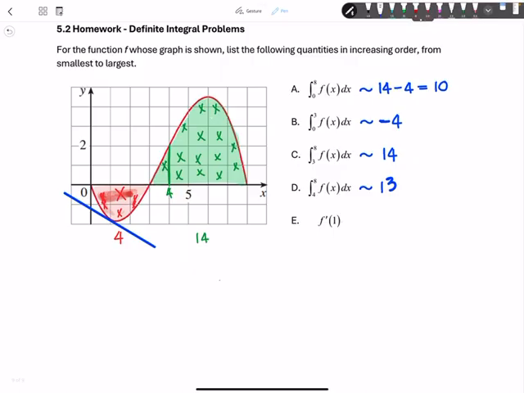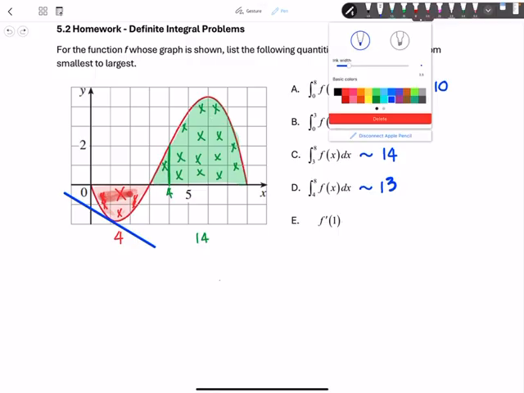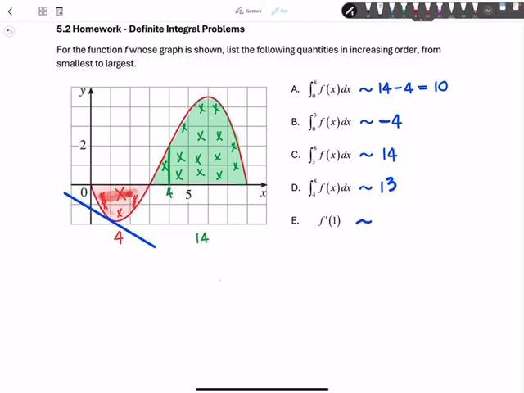But again, all we're looking for here is estimates. So I'm just going to round everything to the nearest value. So I'm going to say just roughly -1. All right. So now we're asked to arrange these in order from smallest to largest. So the smallest one that I see here